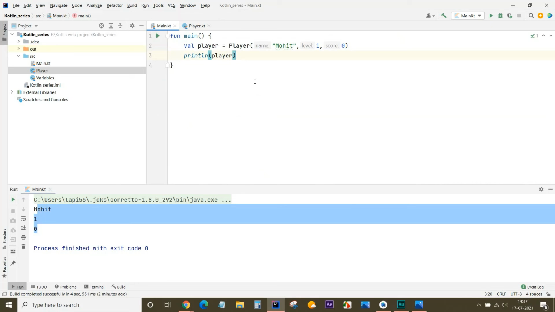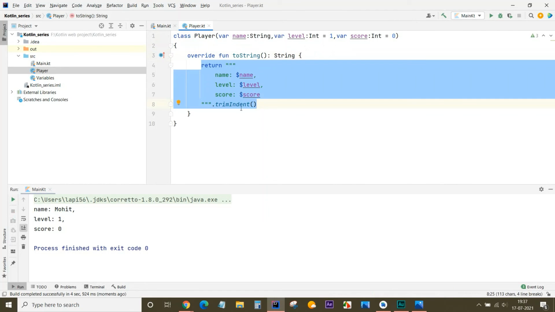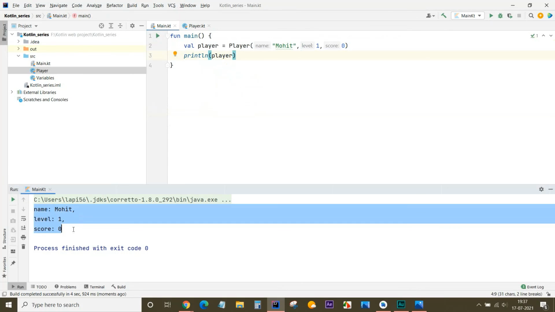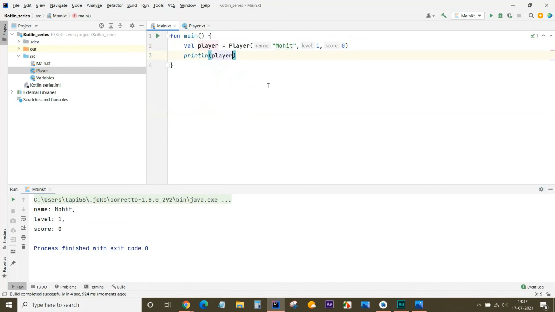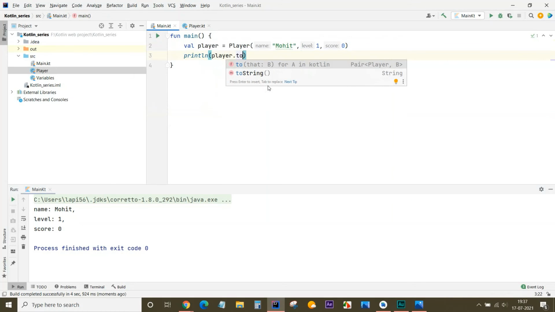Since we have overridden it, let's see the output. See, you can get the name, level, Mohit. In the same way we have formatted here, we are getting the same output. So what is it doing? It is just calling the toString method. You can call it like this also and get the same output.